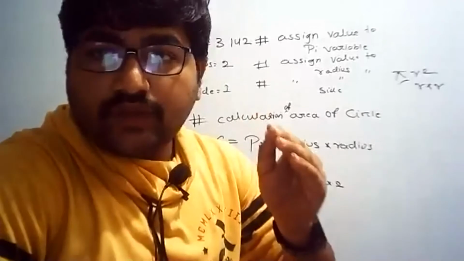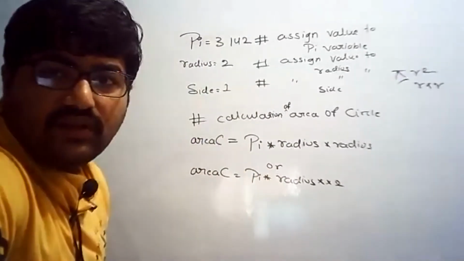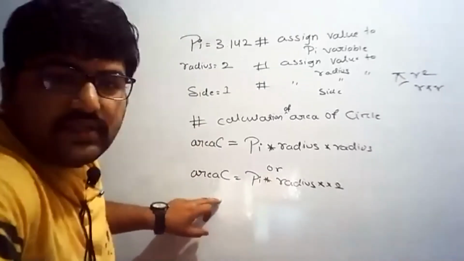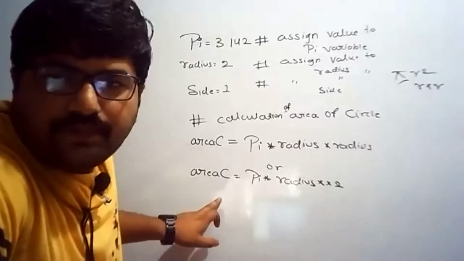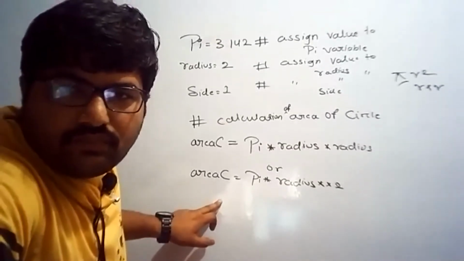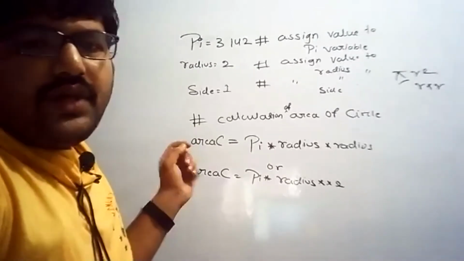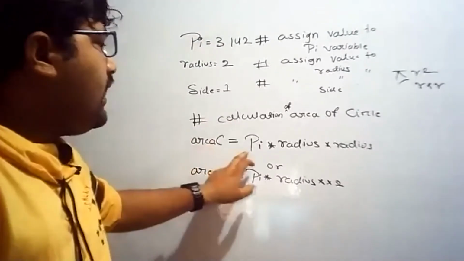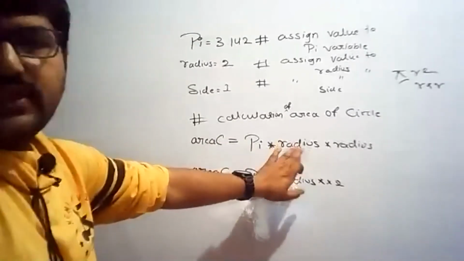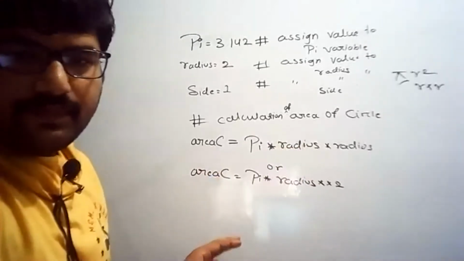Have you got this one? Either you can write like this, or you can write this. Please raise your hand if you got this one. We have completed the first part. Either you can keep it or you can keep it. I will keep this one as it is. I will rub it. Okay.